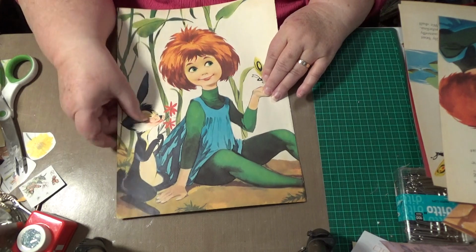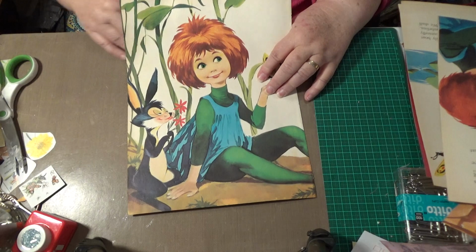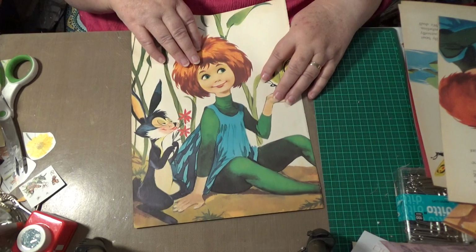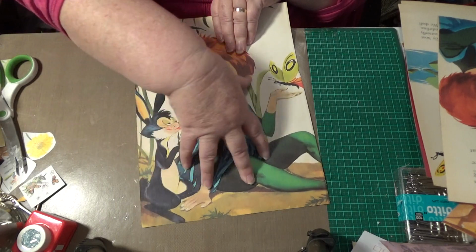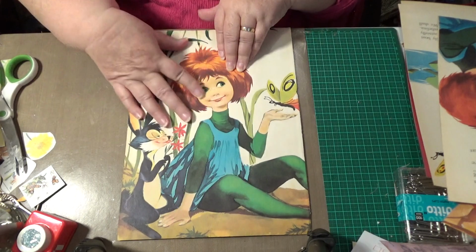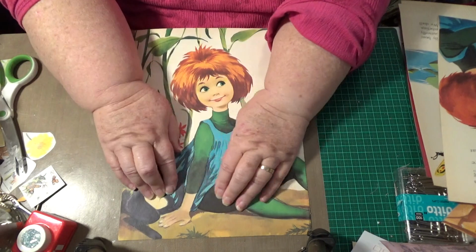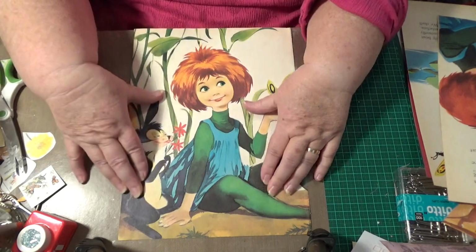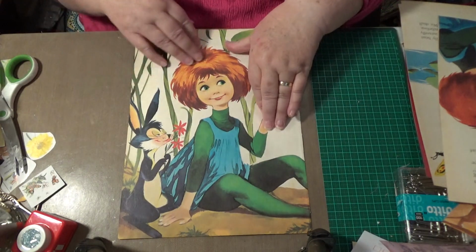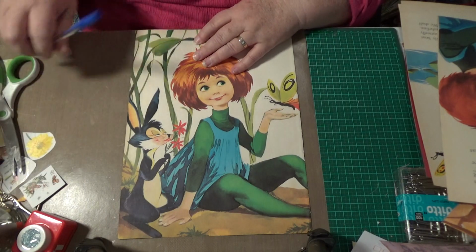I've cut out the butterfly and the rabbit. One of them's going to have to go, aren't they? I do like the rabbit. Butterfly's cool too. Let's see if we can get the rabbit in there. Now I'm going to have to figure out, because the hair's cool. I need hair. So I'm going to have this on the front cover, I think. Yes, I will. Right, so now I'm going to have to see if I can